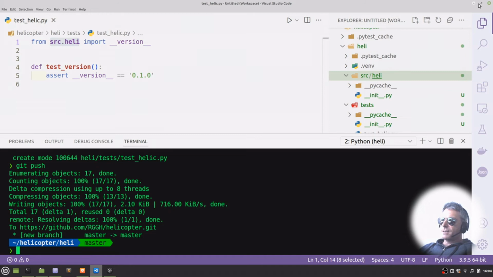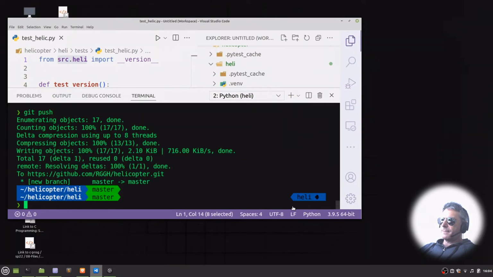So as you can see, yeah, that's what I was talking about. The little icon that's flashing there, which shows that you're in a virtual environment. If I do exit,